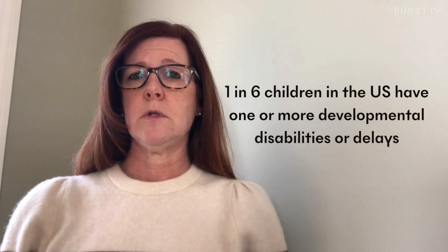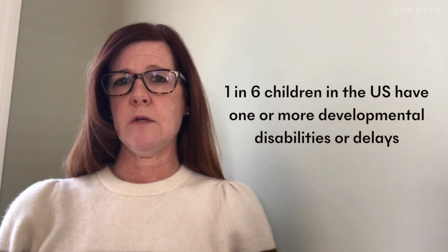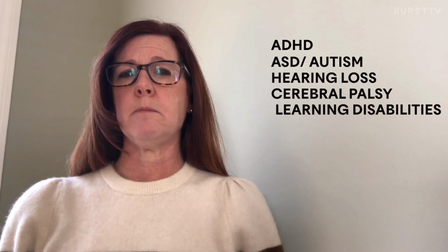According to the American Academy of Pediatrics, 1 in 6 children in the United States have 1 or more developmental disabilities or delays. Some may even exist comorbidly with one another. Examples include, but are not limited to, ADHD, ASD, hearing loss, cerebral palsy, learning disabilities such as dyslexia and other academic impairments. Given these stats, the likelihood of treating a patient with one of these conditions during any given week